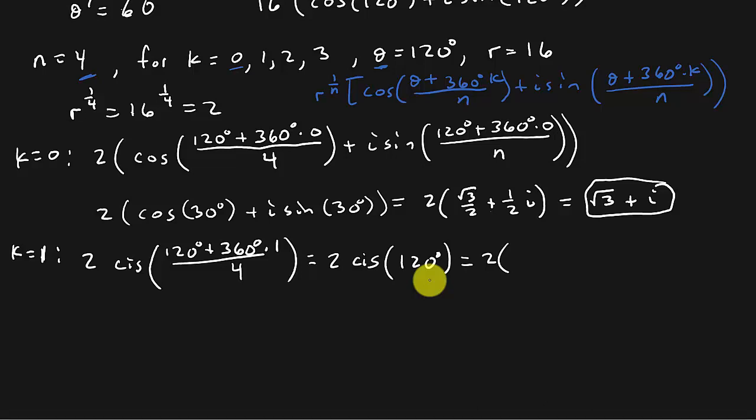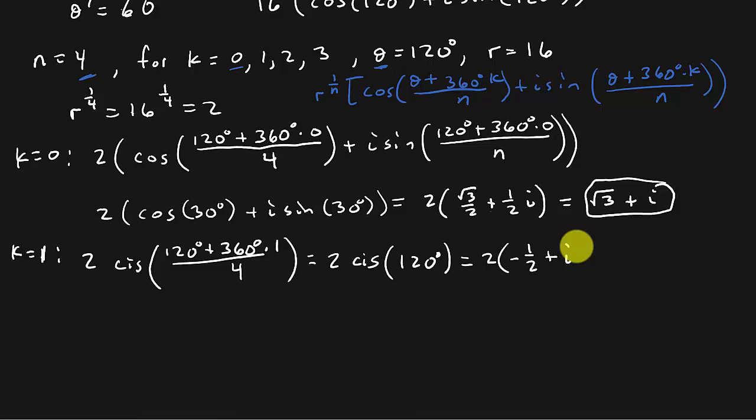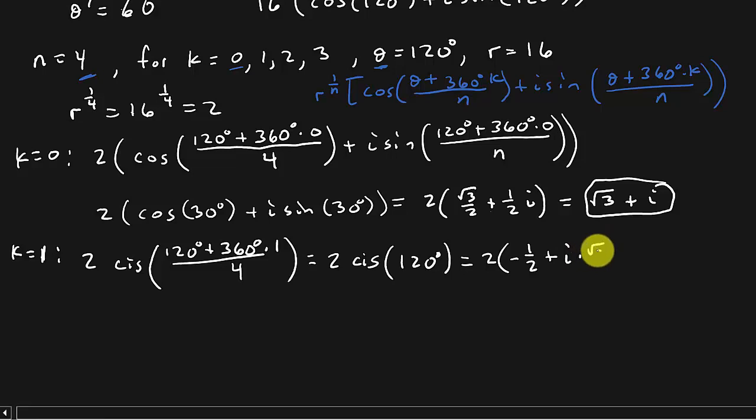Cosine of 60 is 1/2. 120 is in the second quadrant. Cosine's negative, so that's negative 1/2. Plus i times the sine of 120. Well, the reference angle 60, sine of 60 is square root of 3 over 2. In the second quadrant that's positive, so that's square root of 3 over 2. And so that's negative 1 plus i square root of 3. And there's your solution